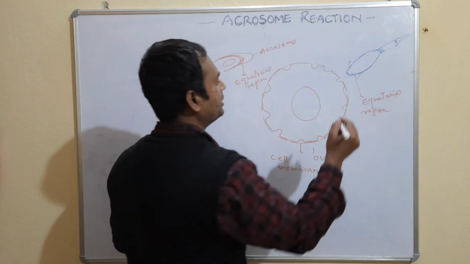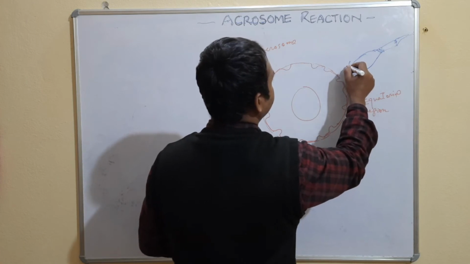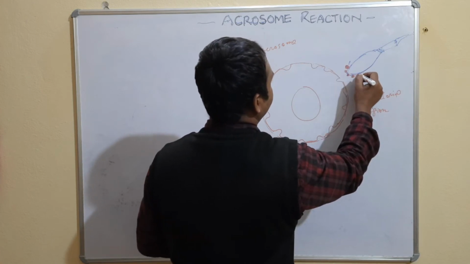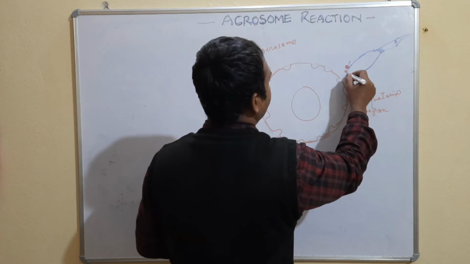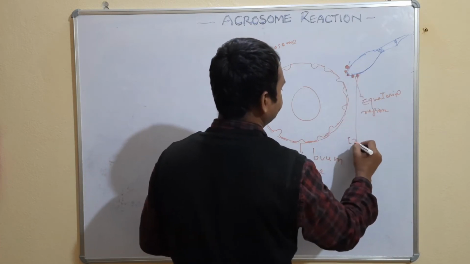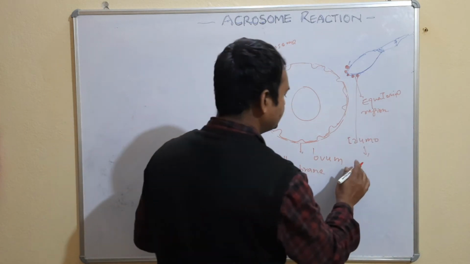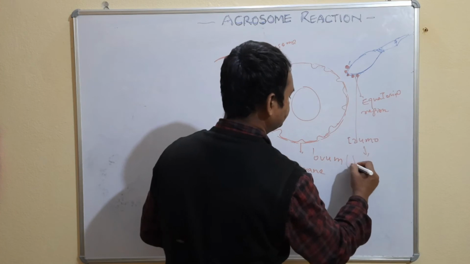Here on the equatorial region, there is a protein which is present on the inner part of the acrosome layer, and that is called Izumo. Izumo is a Japanese